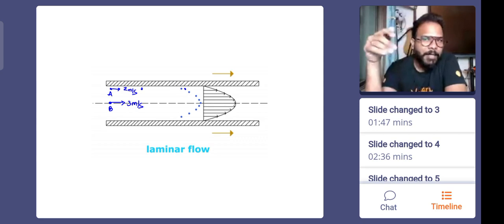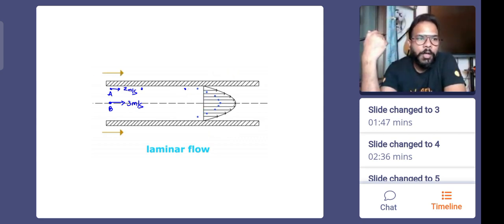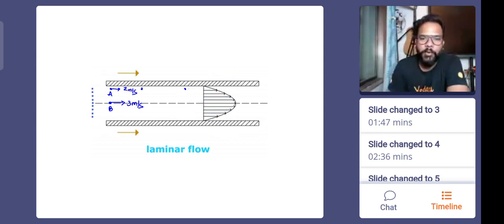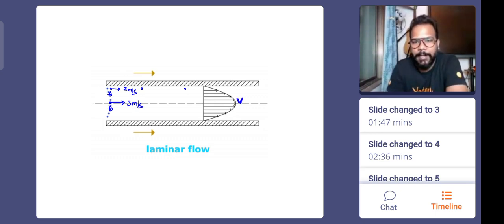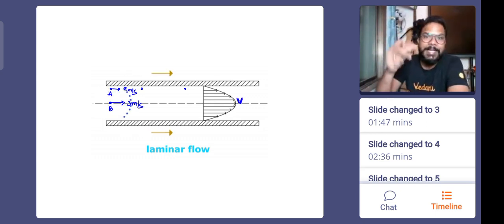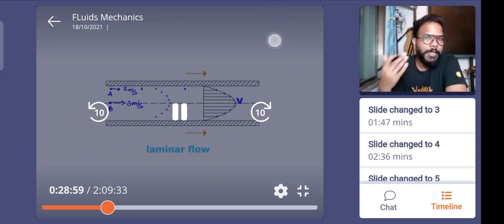Okay, the diagram right now which is being shown in front of you is actually drawn for a real fluid. It is not for an ideal fluid. These vectors that you see are representing the velocity of the particles. As the fluid is flowing, the velocity of the central part is more compared to the particles which are in contact with the tube. Why? Because there will practically be viscosity. There will be some resistance offered by the